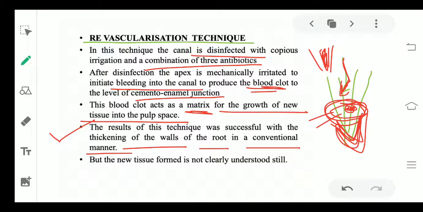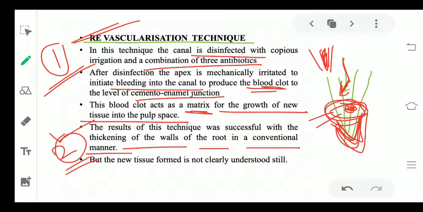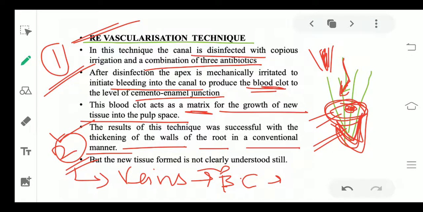Now another thing here is that, for example, this is the first technique in the revascularization technique. This is the first thing you can do, that you can induce bleeding. Other than that, you can also take venous blood of the patient. For example, if the patient is not happy or not ready for this kind of treatment, you can take an amount of blood from the veins of the patient, like you do at the time of giving blood samples, and that blood can be filled into the centrifugal machine. There you can centrifuge it, form a blood clot, and that blood clot can be placed in the canal, which will be very, very helpful. So this is the whole procedure of the revascularization technique.